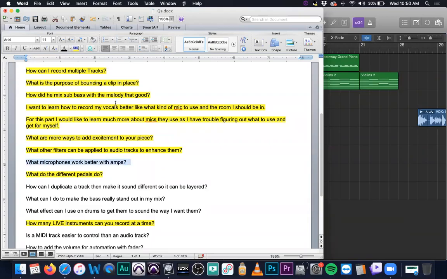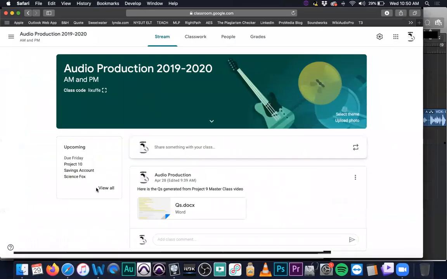Question number, God knows. What microphones work better with amps? Well, we did this back in those 3 days before Thanksgiving. So we talked about a couple of mics that would be really good for guitars. The most common one used out there is the SM57. If you don't know what that is,